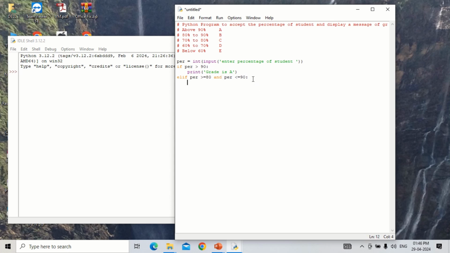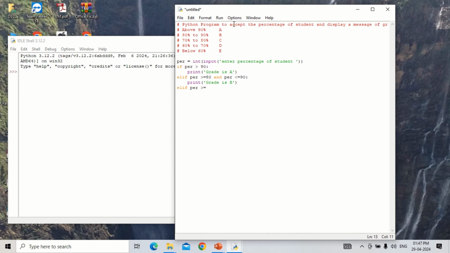Press enter, then write print grade is B. I already copied that, so I'll use that one. Print grade is B. Then press enter, press the backspace, then again write the condition elif PER greater than equal